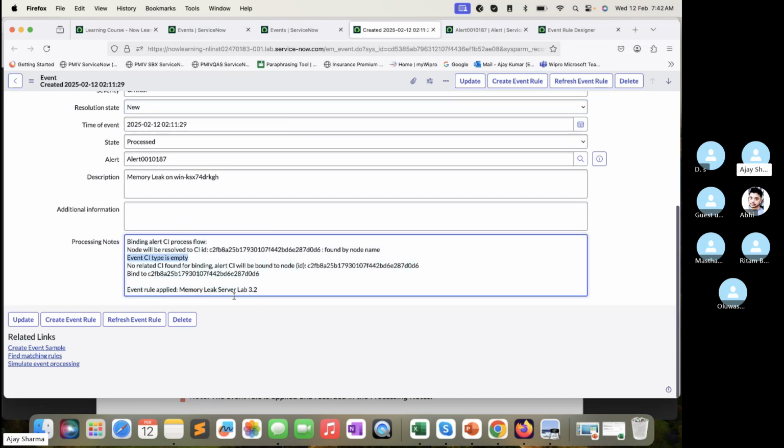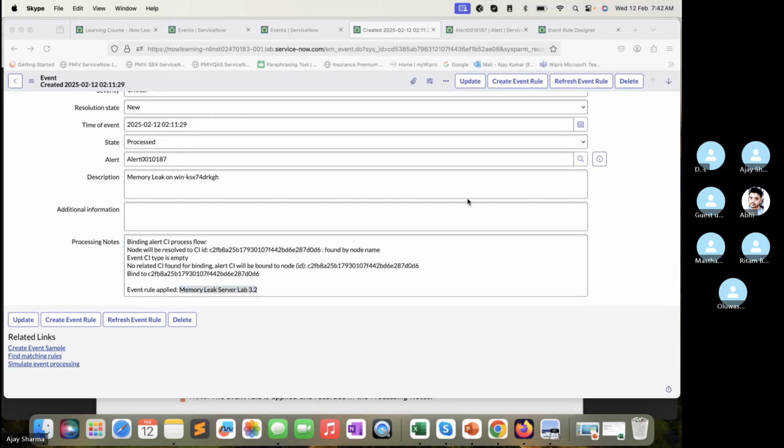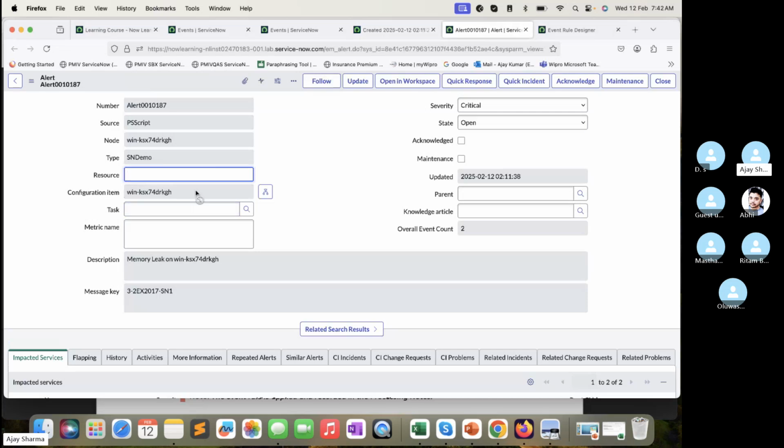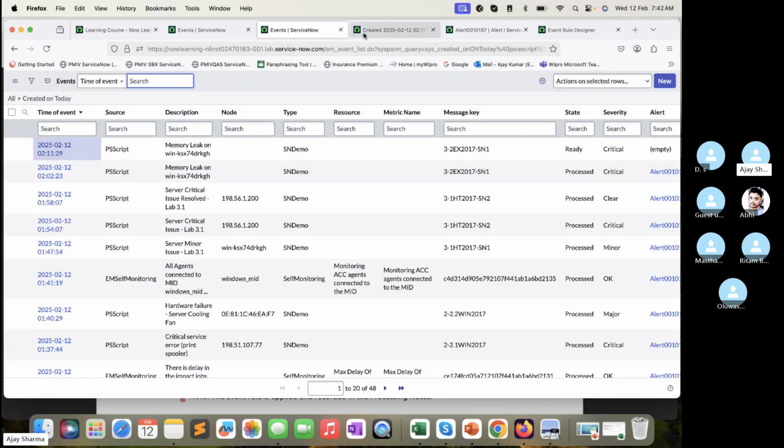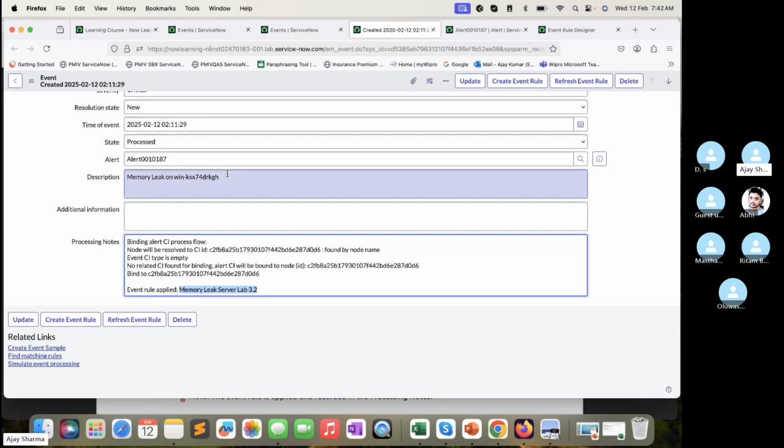CI type is empty, and you can see the event rule. The event rule is applied, which we have just created: memory leak server lab 3.2. Okay, and the alert has the CI available now. So this is the way, if any additional information is also coming in,